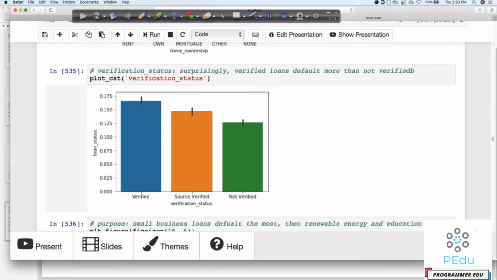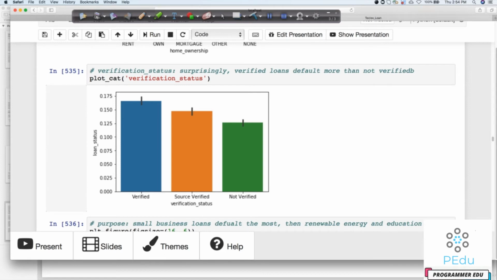Now let's look at the verification status. So you might have noticed that when you apply for a loan, they do some verification for you. Now we are noticing a very interesting trend. What we are noticing is that people who are verified by our verification agency are the people who are defaulting more, and people who are not verified as per our records are in fact not defaulting much. Okay, so sometimes it does happen in a bank that a customer is referred by somebody, or maybe we know that he's a very genuine customer, and in that case maybe they sometimes keep you as an exception and do not put any sort of inquiry for you.